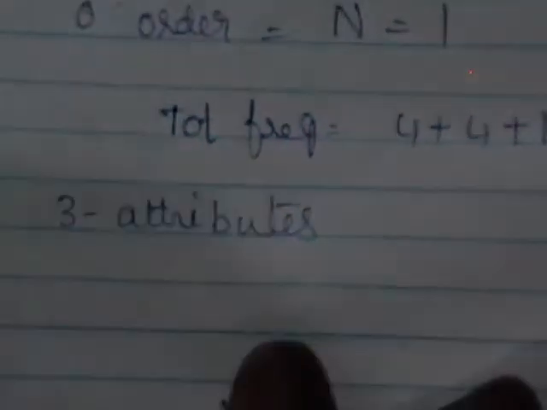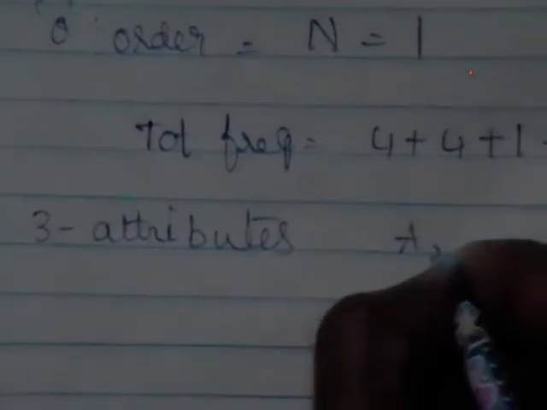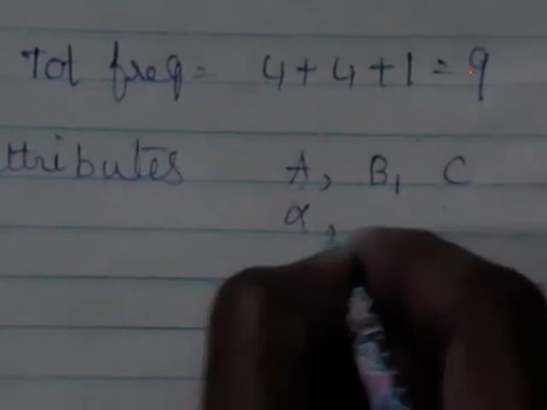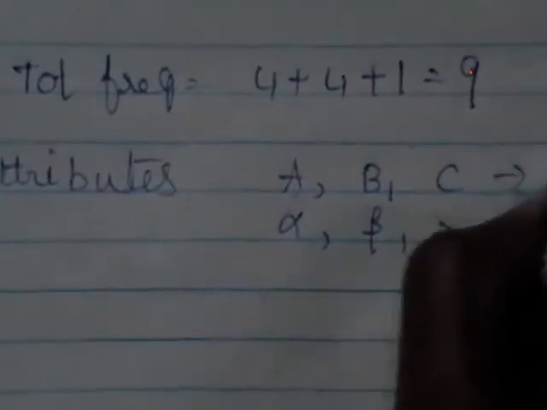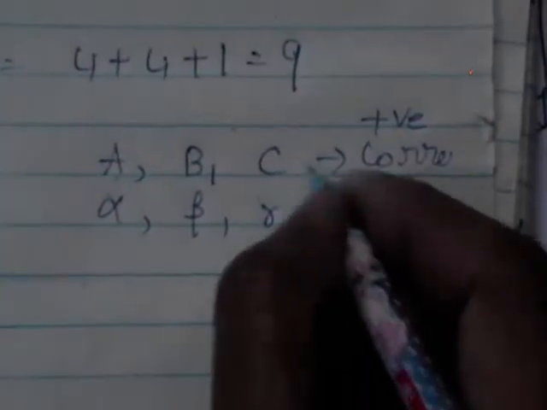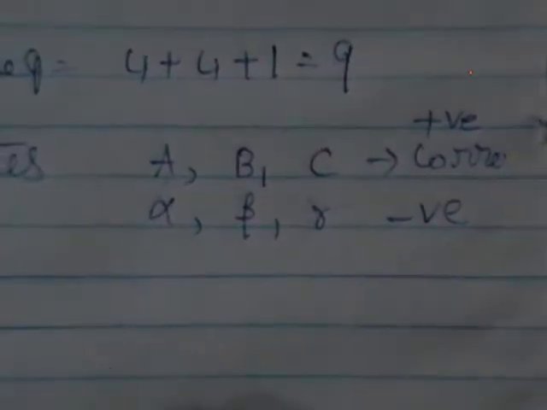Similarly, when we have 3 attributes with 2 classes each, let us see the 3 attributes case. Then after this let us discuss the problems. Let us say we have 3 attributes A comma B comma C, which are the positive classes, and these are the corresponding negative classes. As I said, the English letters stand for the positive classes and the Greek letters stand for the negative classes.